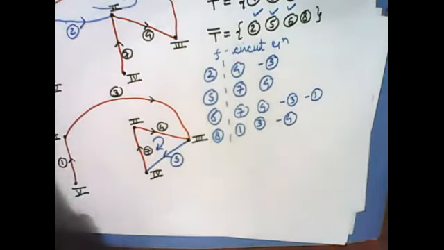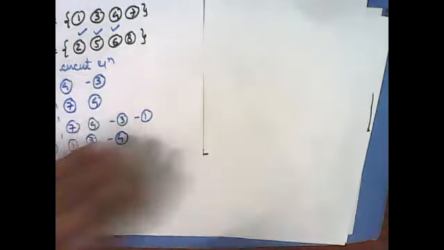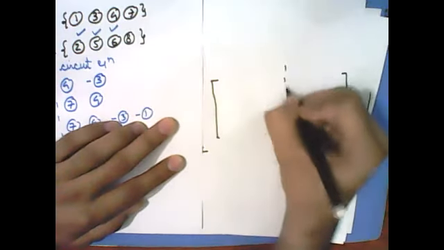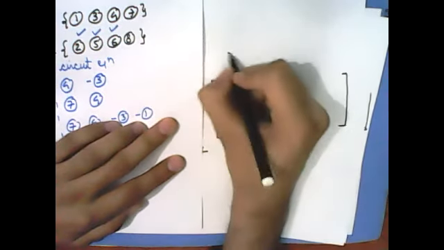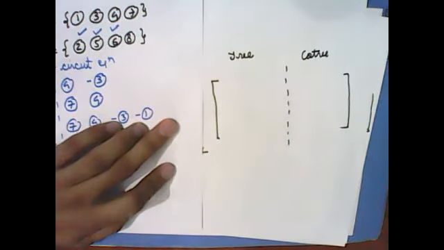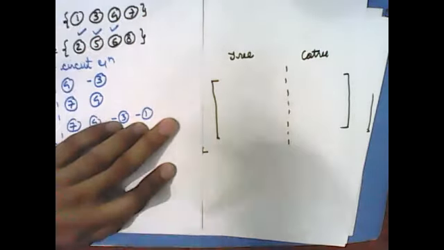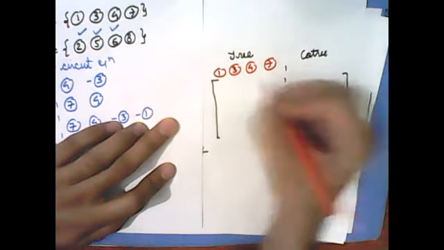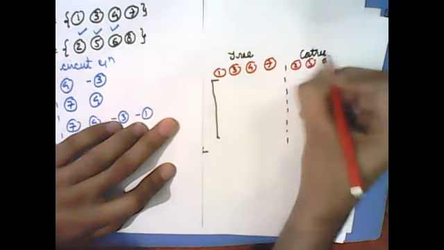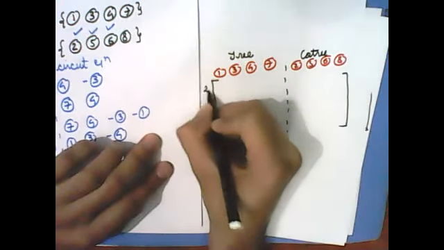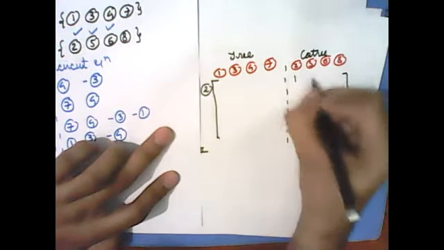The only thing I have to do is I have to make or formalize it in terms of a matrix. So for doing that, let me just utilize this piece of the paper. First of all, divide it into 2 halves, one for tree, another one for core tree. Fine. Then in tree, I have 1, 3, 4, and 7. In core tree, I have 2, 5, 6, and 8. So पहली F circuit equation is for chord 2. Chord 2 के लिए I have 2 present, rest all are absent.